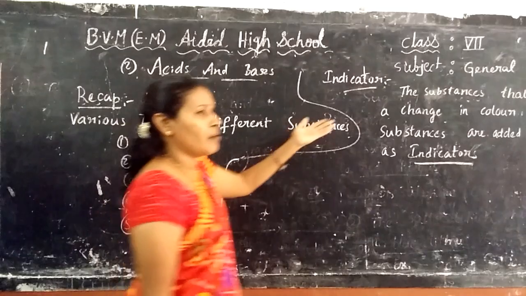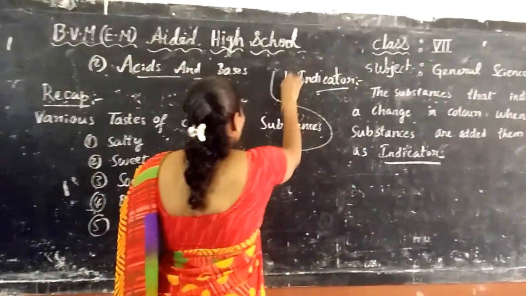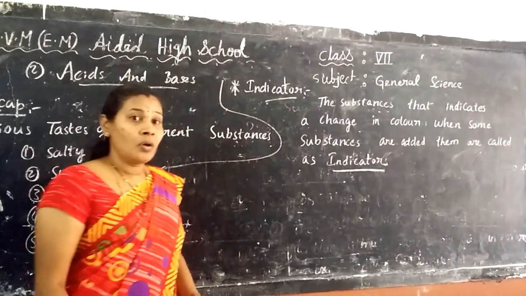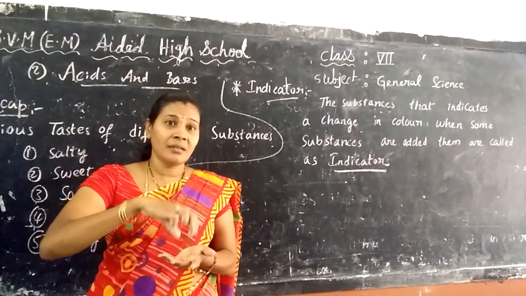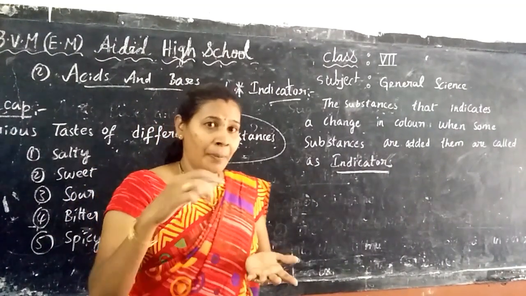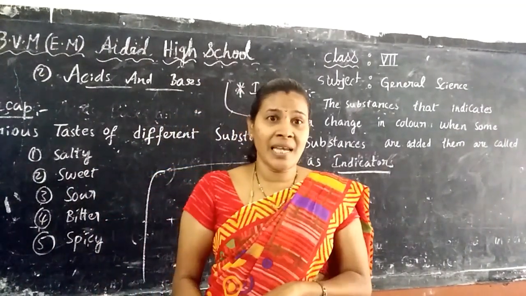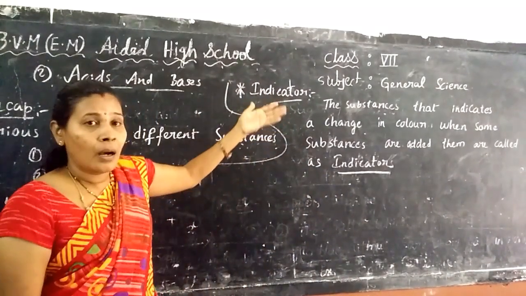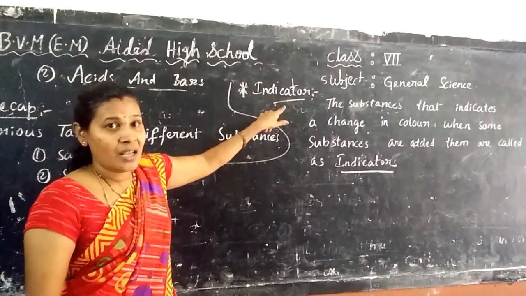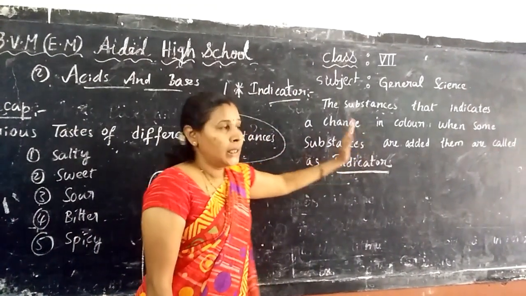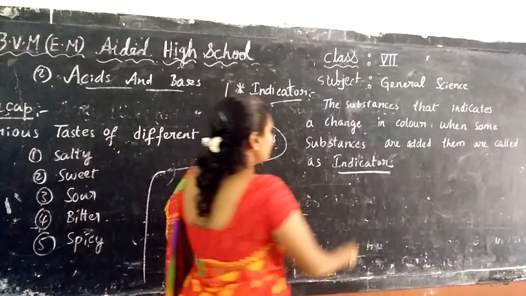So next, we have to discuss the indicator. We have already discussed it. In the experiment on turmeric paper, when you apply soap water, it turns red in color. That type of paper is an example of an indicator. So what is the definition of an indicator? The substances, what